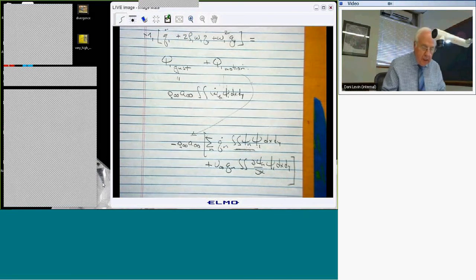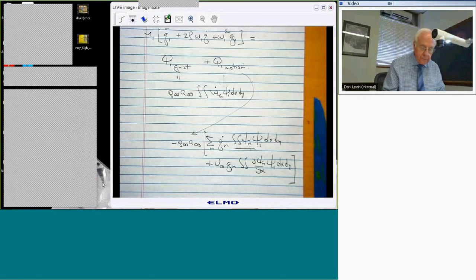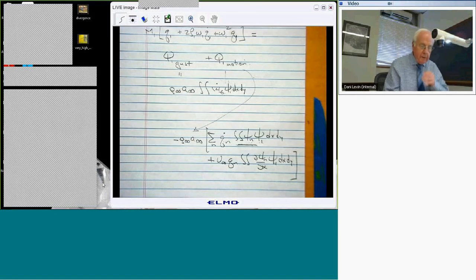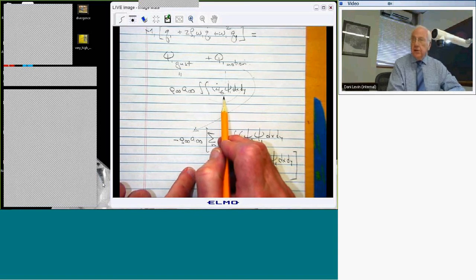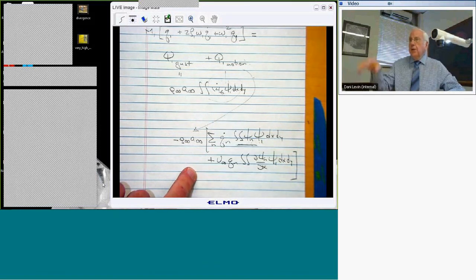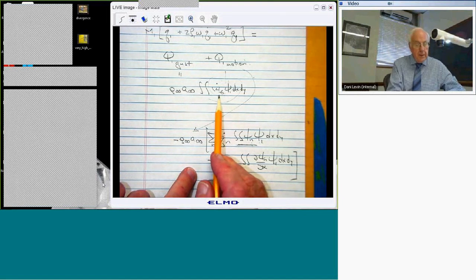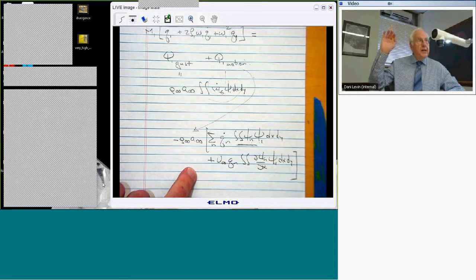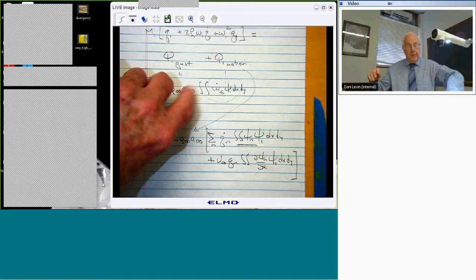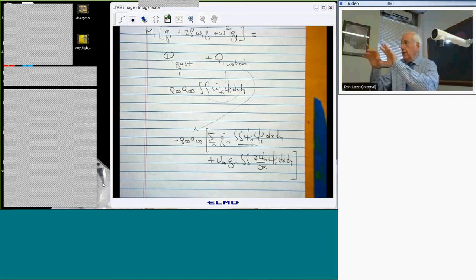Another thing is, if this gust distribution has a spatial distribution that looks like one of the modes, say the first mode, well, then there will be a very powerful effect because this will be like some constant times psi 1 squared. On the other hand, that means the gust won't excite the other modes very much. So the gust distribution can be important, right? If there's a matching between a mode shape and the gust distribution, that mode is going to be excited more, all things being equal, than some other mode.